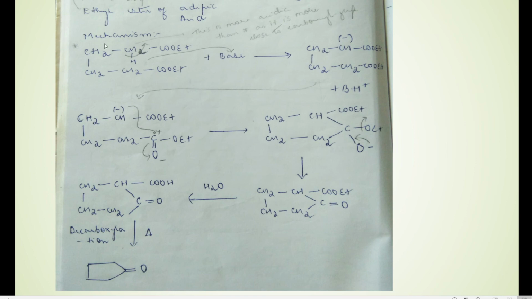If this is carbon number 1 and this is carbon number 2, here carbon number 1 is more acidic compared to this carbon. Why is that? What is the reason I have written it here? Because this carbon is more close to the carbonyl group. Because it is more close to the C double bond O group, this carbon becomes more acidic compared to this carbon. Same in case of this part also. Here this carbon is more acidic compared to that of this carbon because this is more close to this COOEt group.